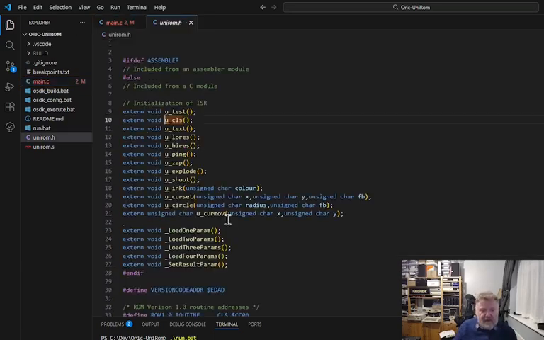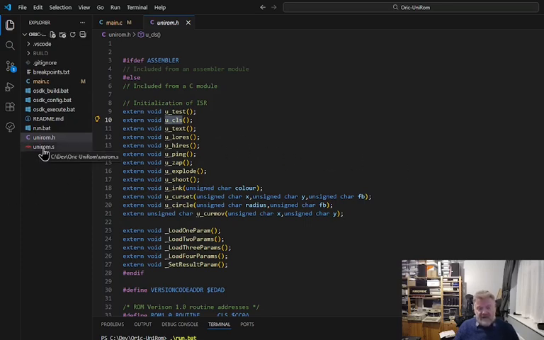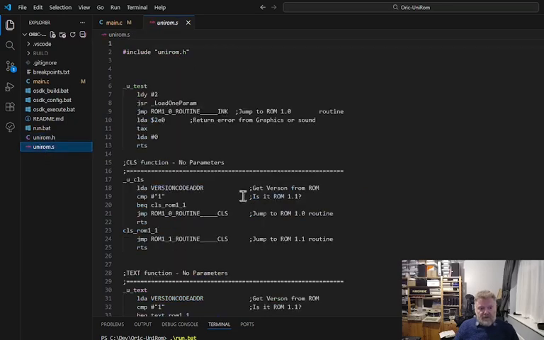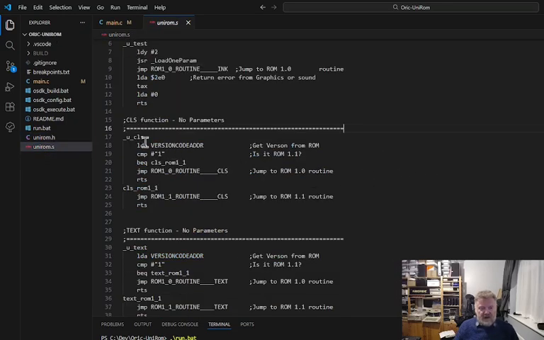So how does it do that? If we look there, this is the header file. So you have CLS, which is defined in this assembler file here. So let's look at CLS. In here, this is the definition for the CLS. What it first does is it looks in the ROM for the version numbers printed on the screen. There may be better ways of doing it, but it seems reliable enough. And it compares, so it loads what's in that address, which is defined here,